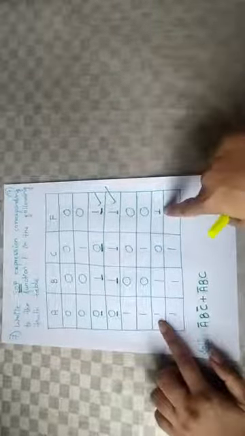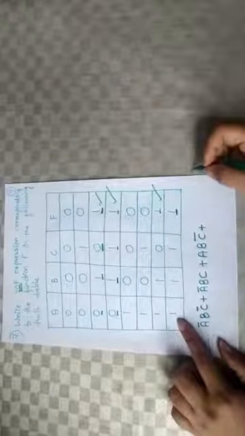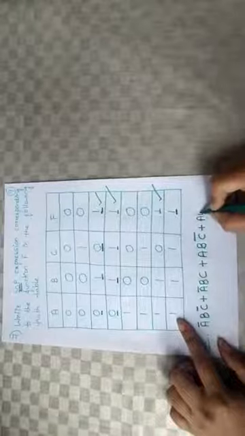Next check where exactly the resultant is 1. It is here. So I have to consider this row. Say plus. A value is 1. So it will be the term itself. B is also 1. Term itself, B. C is 0. So it should be in its complemented form. Plus. This is done. And the last one. 1 here. 1, 1, 1. So for all the 3 variables, value given is 1. So it will be A, B, C. So this is the final sum of product expression based on the given truth table.